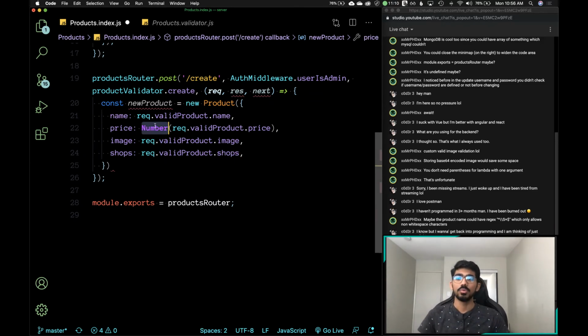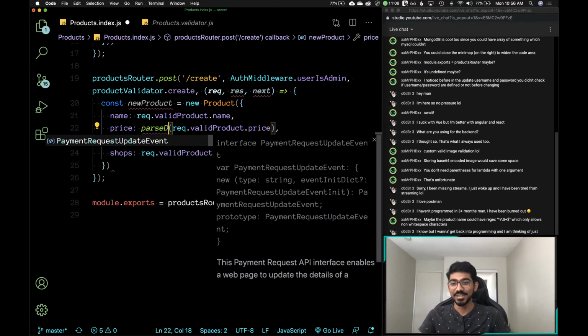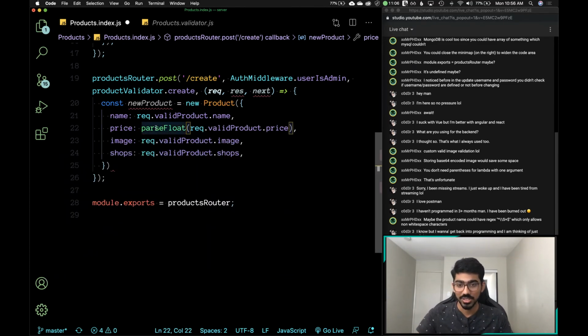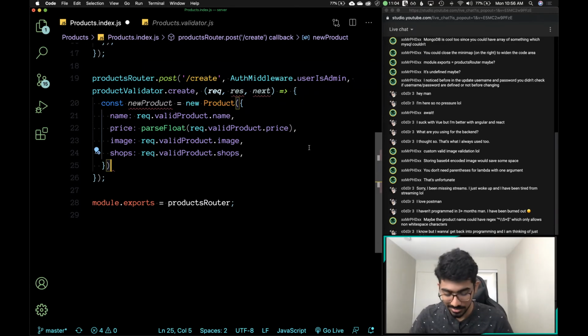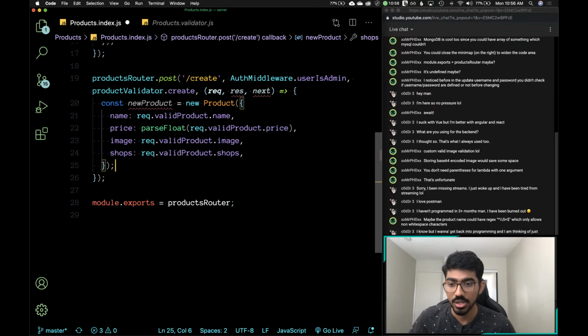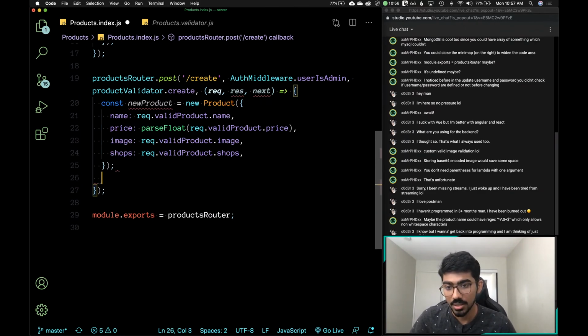Oh yeah, yeah, it should be passport. Thanks. I'm making so many mistakes today. Okay, that's been taken care of. At this point we'll need to make sure that the ID we are using in the shops exists in our shop database. So